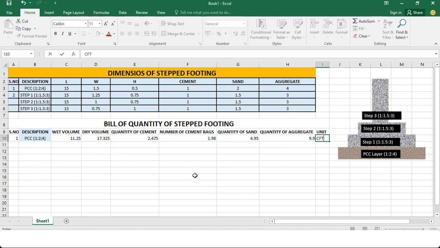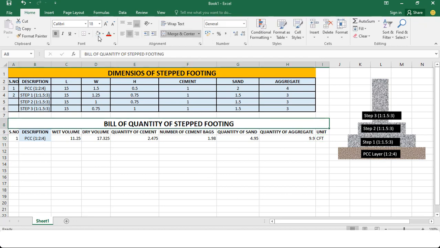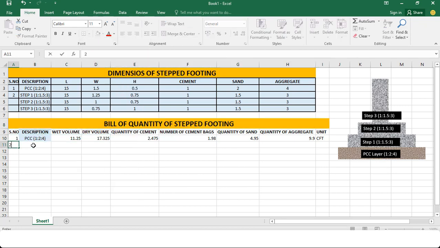So this is all about how to calculate the quantity of cement, sand and aggregate for PCC layer in a stepped footing in Excel, where I use M15 grade of concrete. Now let's start with the remaining 3 steps of the stepped footing. So in serial number I will write 2. Then in the description I will write step 1. And the grade of concrete that I used for these 3 remaining steps is M20 grade of concrete, and the mix ratio of M20 grade of concrete is